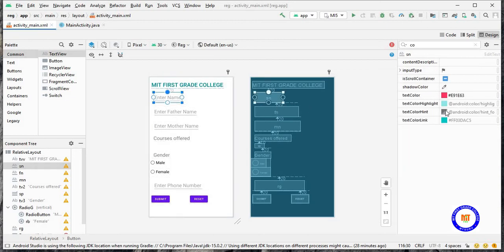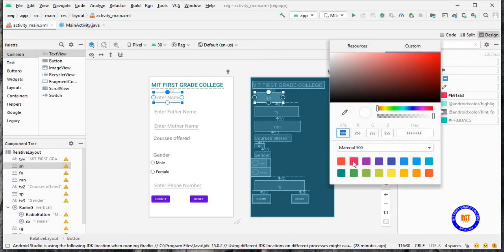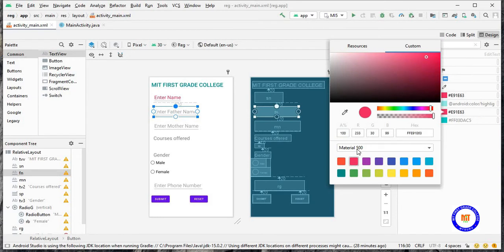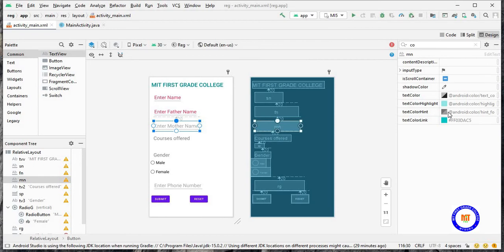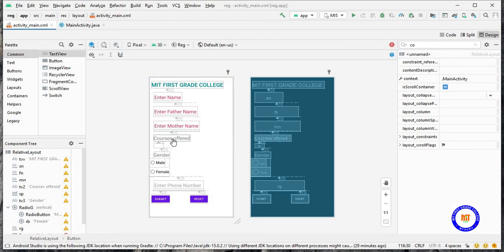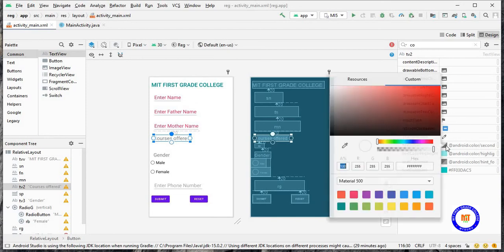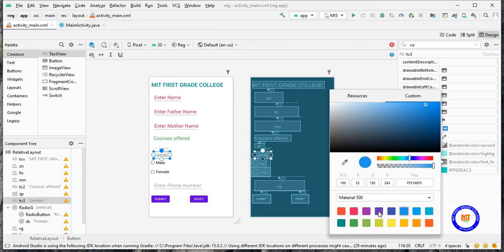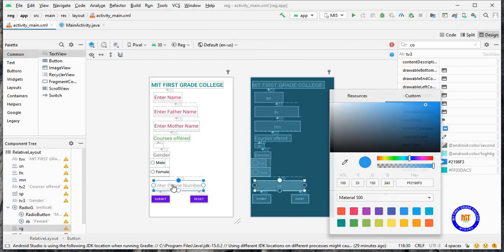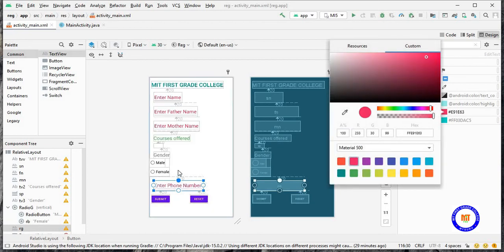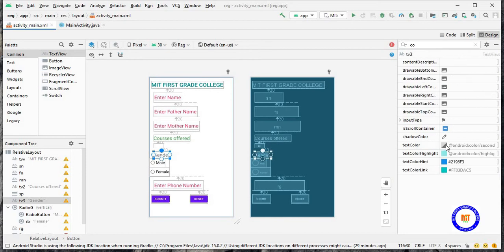To change the colors of this, you have to go to the text hint color and change the colors of it. For this you have to go to the text color and change this.